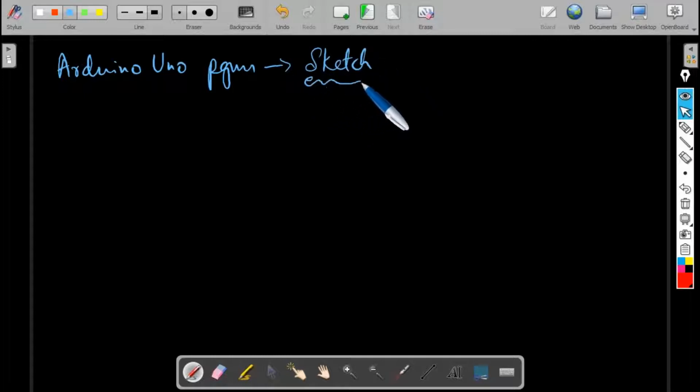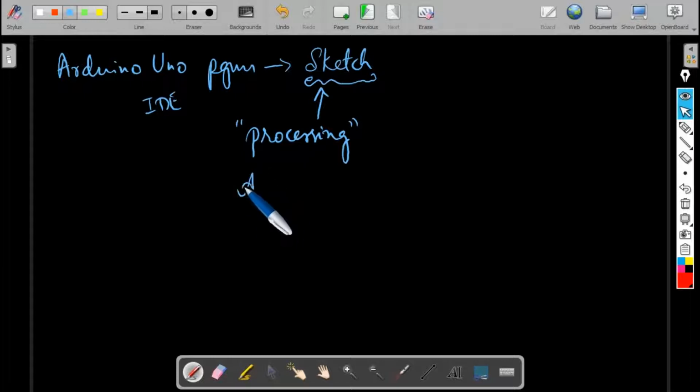We call Arduino Uno programs by the name Sketch because its structure has been derived from one more piece of software called Processing. So the Processing structure has been used for the Arduino IDE environment, and Processing was a piece of software used to create short animation videos.